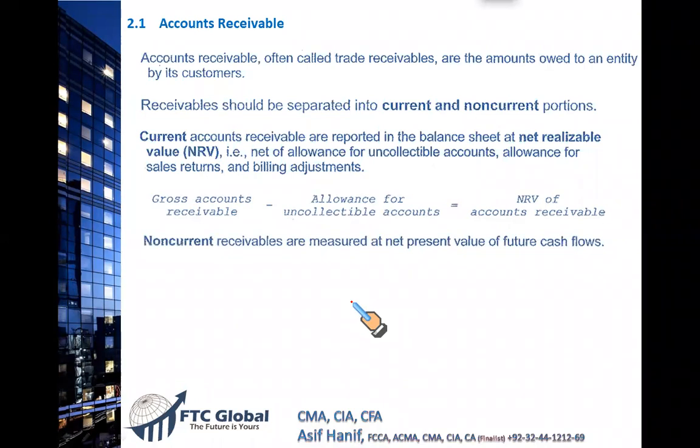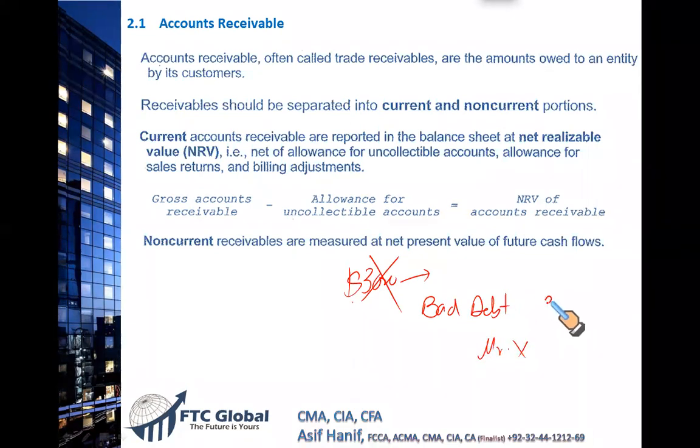Most of you who are not following US GAAP, when you write off a bad debt, let's say a customer from whom you have to receive $3,000 and it appears that he won't pay, he has run away from the country, or maybe he has gone bankrupt, this amount is uncollectible. What you normally do is debit the bad debt and credit the customer, let's say Mr. X, and you write 3,000 debit, 3,000 credit. That's what we normally do, right? This is not allowed under the US GAAP. This is called the direct write-off.